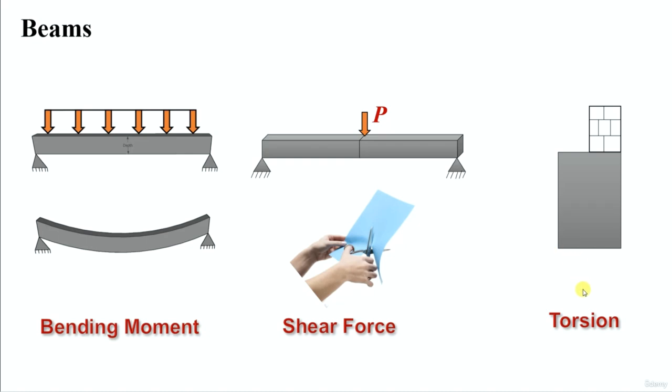Next, coming to torsion, when the load acts away from the plane of bending, it will induce torsional moment along with bending moment and shear force. When the load is not acting at the centroidal longitudinal axis of the beam, that means the load is acting at some distance from the centroid axis of the beam, then it would try to twist the beam about its longitudinal axis. So in this way we get torsion effect in beams.